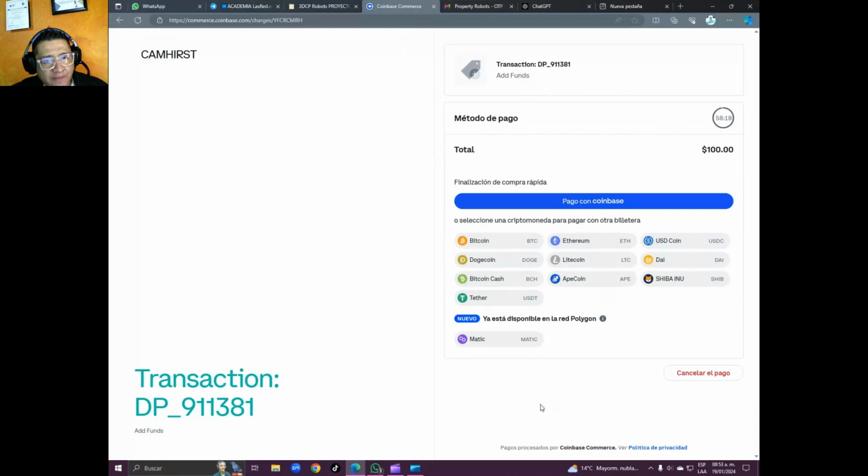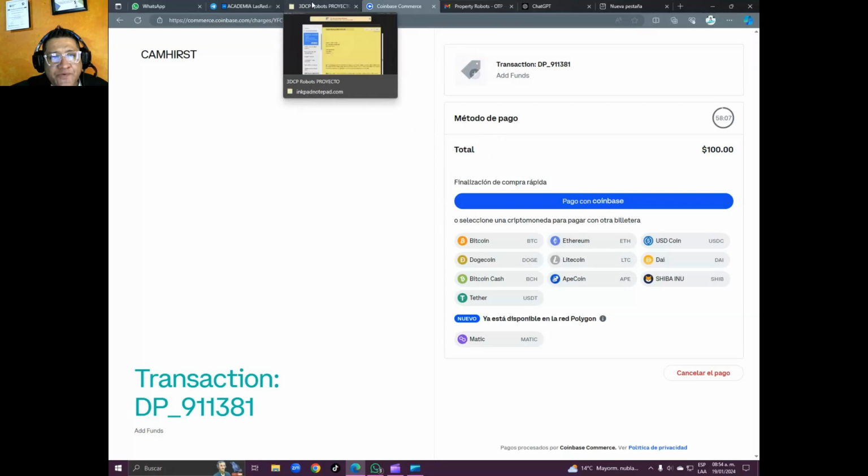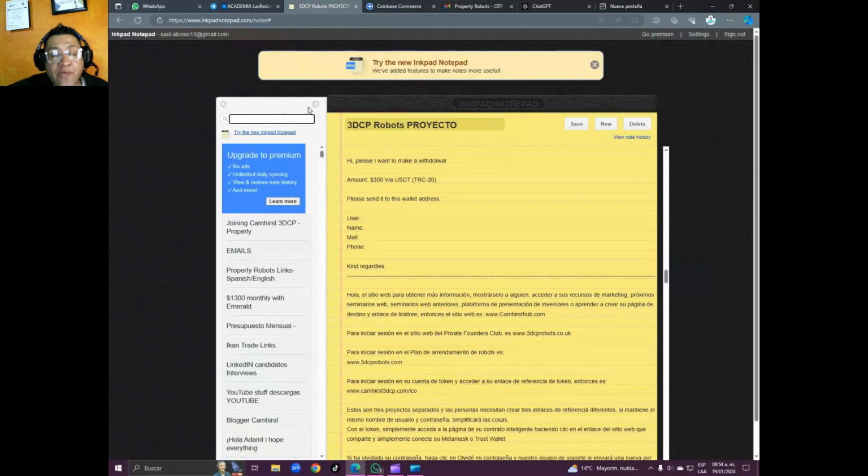And as soon as the company gets the information from you, then guess what, your payment is going to be secured and you're going to receive an email confirmation for that. Okay, that is in regards to the first system that we have in order to make money with Camhirst. Okay, so now